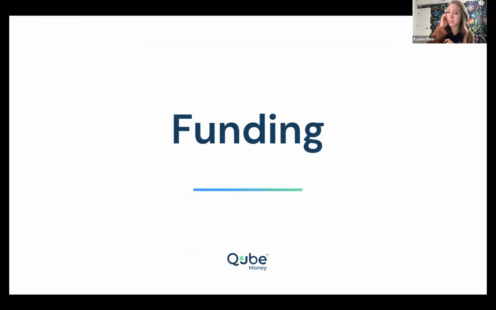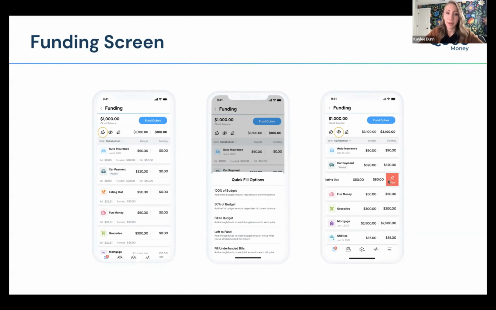Really quickly, Sarab is going to set up a demo in a second, but I will just briefly touch on the funding screen as it currently stands in the app. And this is a really helpful feature. If you go to the overview screen in the app, you can access funding, and it will take you to this screen right here. And this currently functions a little bit like the spreadsheet,